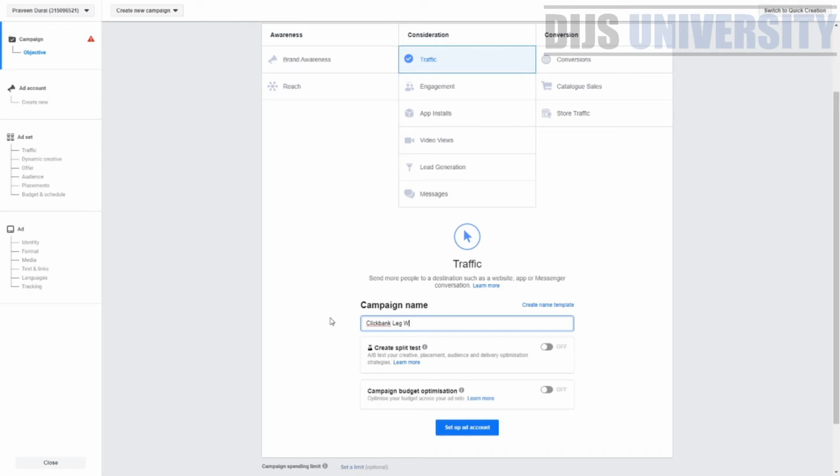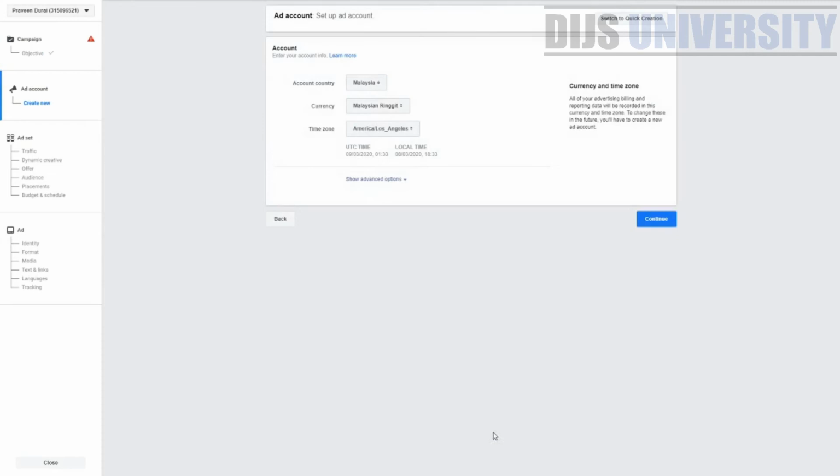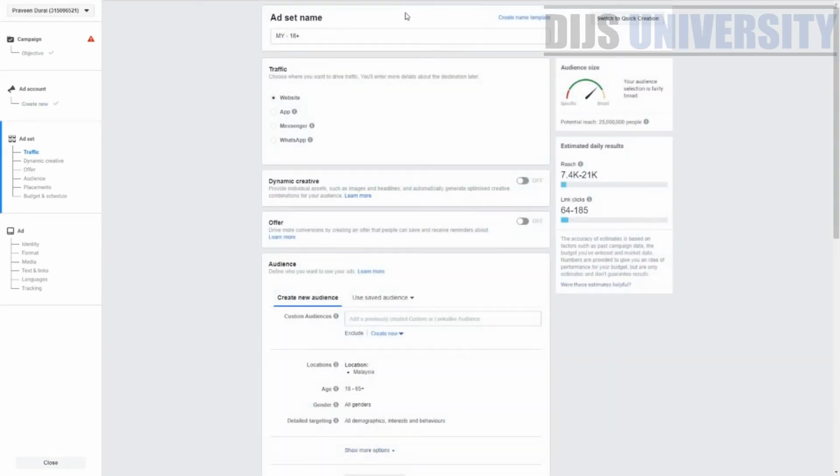That's what I'm gonna put it, ClickBank. So you're gonna set up an account first. Let's go ahead and set up an account very fast. You have to choose the country that you are in, the currency, and the time zone. I'm gonna choose everything, and then I'm gonna press continue, and now we are going to start creating our